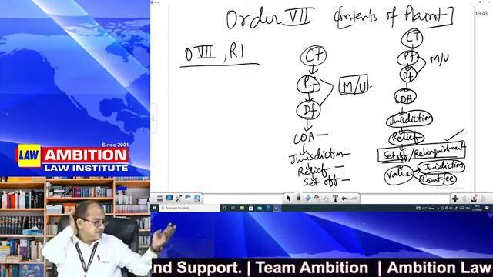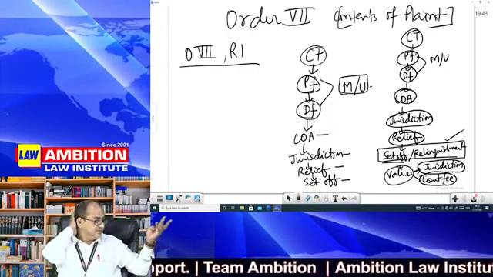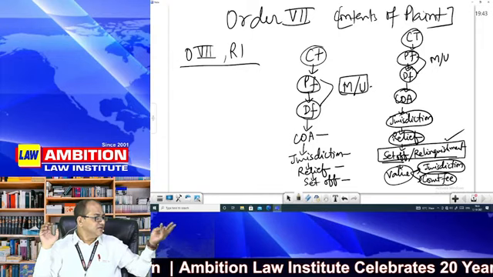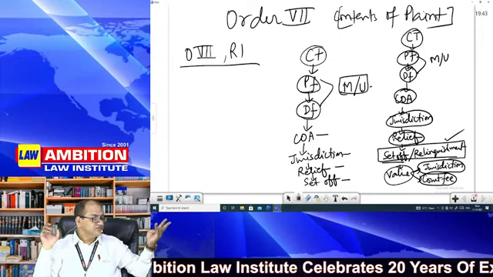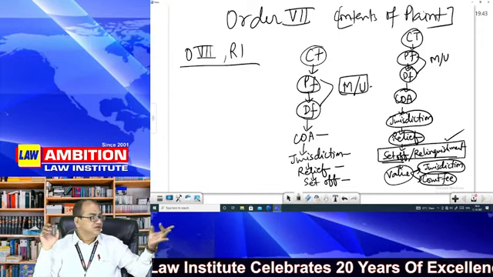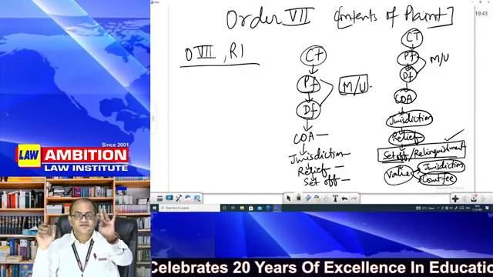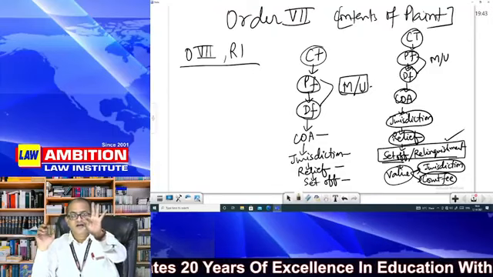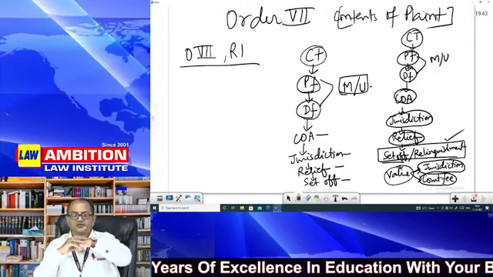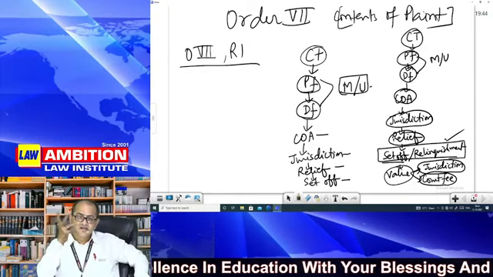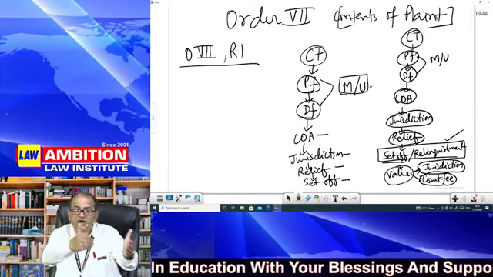So how I started: I said court, plaintiff, defendant. If any one of them is a minor or unsound, then a statement to that effect. Then cause of action, then jurisdiction. Then you give me relief. And in this relief I am relinquishing this claim, 8. And then the last, valuation for jurisdiction and court fees. So 9 things. Now is there any difficulty in remembering this? This is what will come in the format.